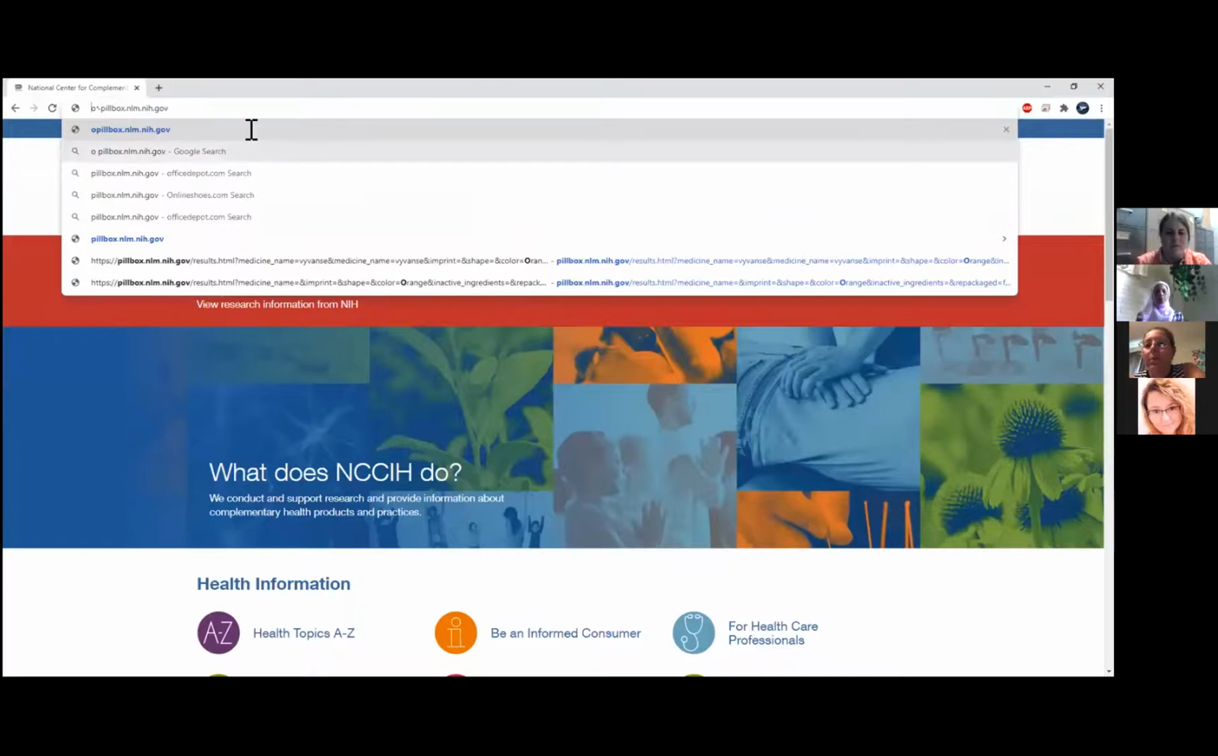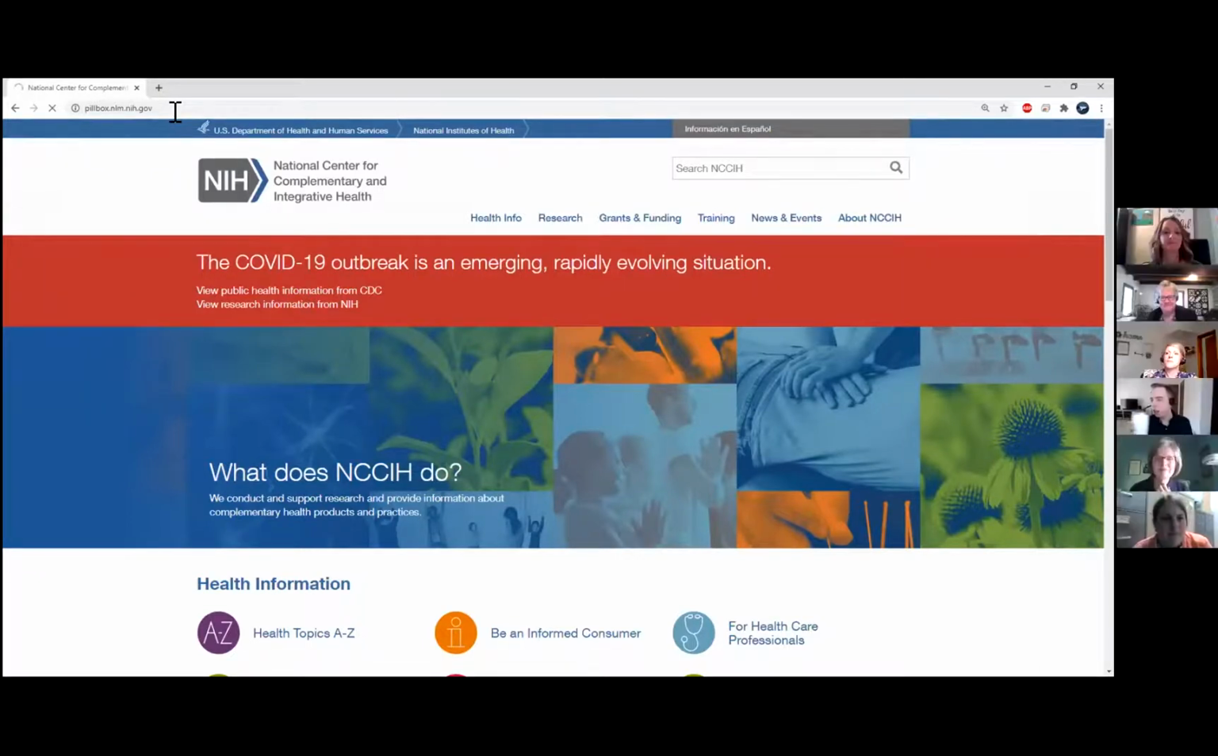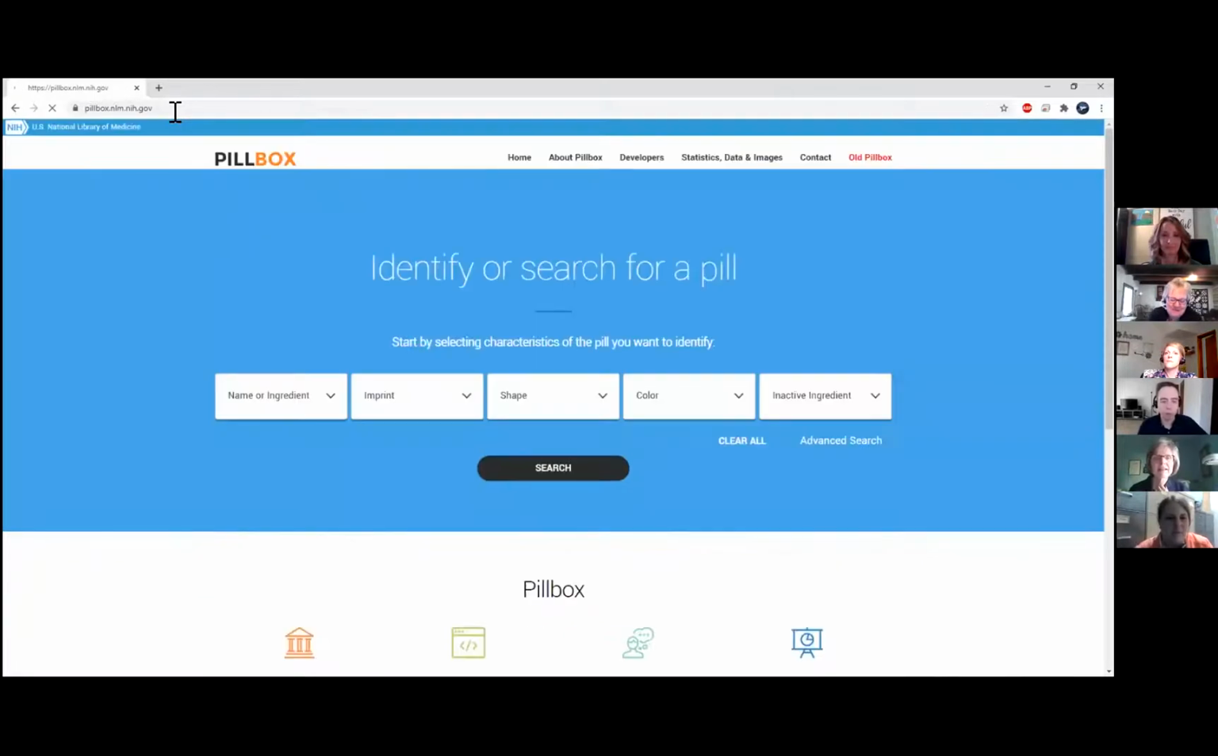Okay, let's see. Oops. If it will load. Riley, one thing we always talked about with Pillbox is if you drop a container of pills on the floor and you can't remember what bottle they go in, you can look for and identify it